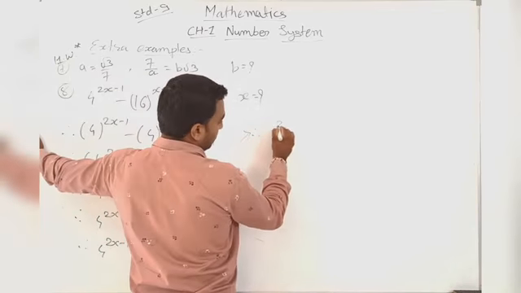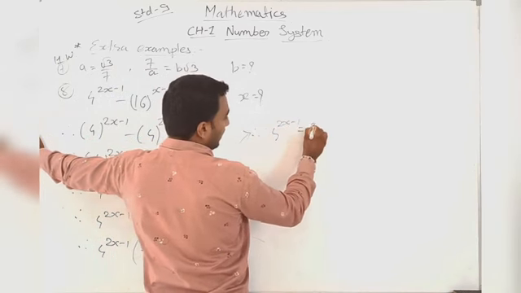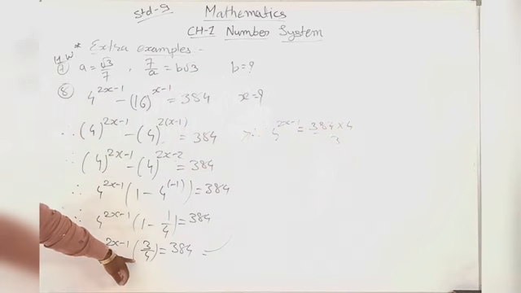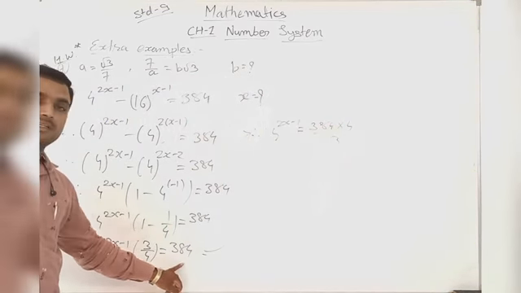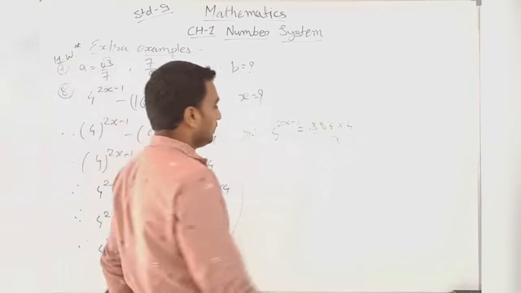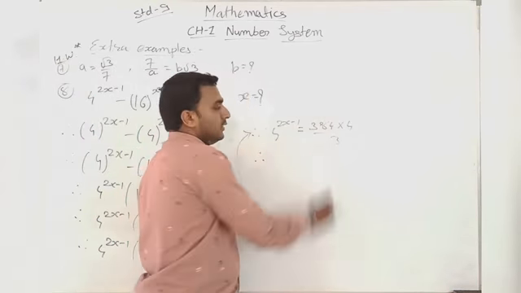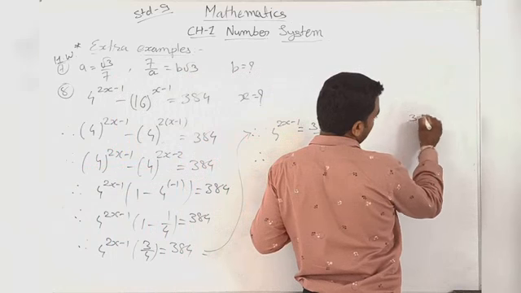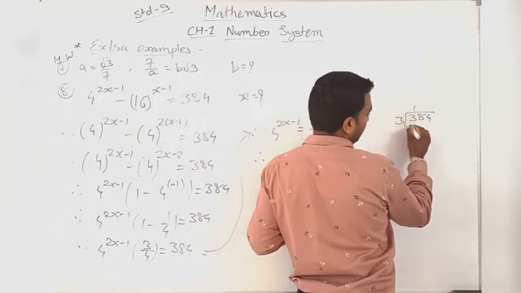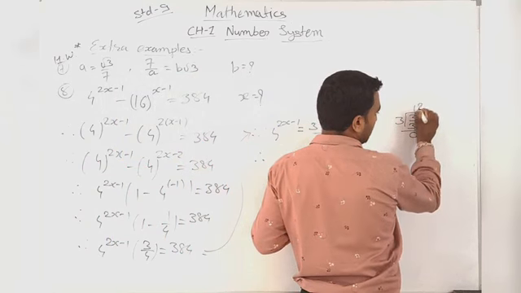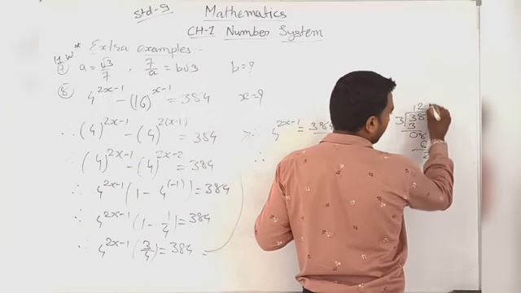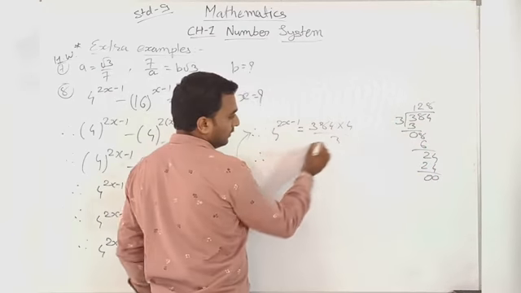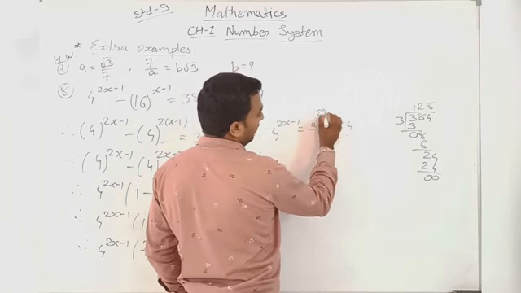Therefore 4 raised to 2x minus 1 is equal to 384 multiplied by 4 divided by 3. See here, it is in multiplication form, so that's why 3 goes to divide, and 4 comes to multiplication. Therefore 384 is divided by 3. How? 3 1s are 3, 0 8, 3 2s are 6, 2 4, 8 3s are 24. So the answer will be 0 0 6. So that's why it is 128.